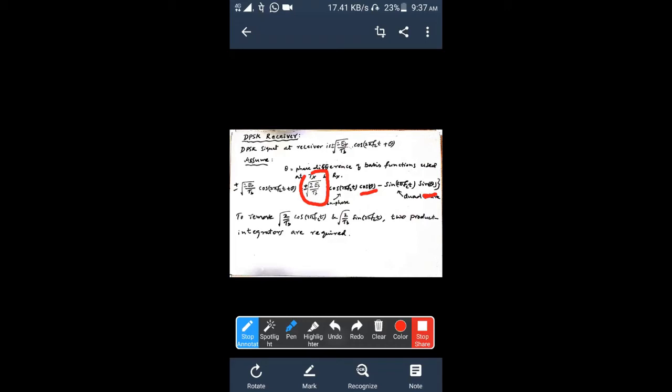So this amplitude, don't worry, root of 2E_b by T_b will not remain the same because of the channel. This will be altered to some other value. That's why, instead of root of 2E_b by T_b, you can assume it to be amplitude A. So plus or minus A for cos theta, plus or minus A for sin theta. That can be taken as.